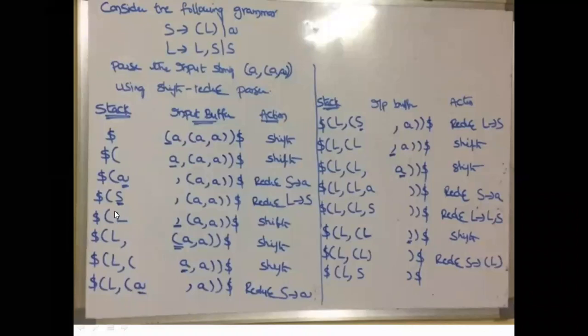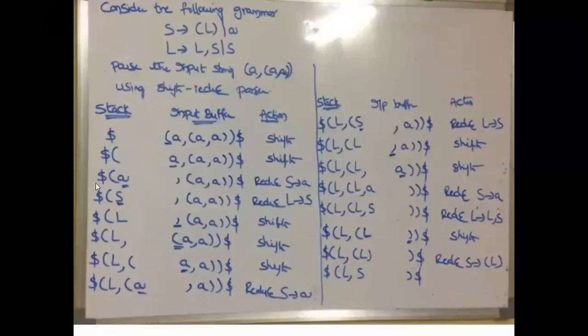We are considering the substring as L, and is there any production in the right hand side with non-terminal capital L? There is no production in the right hand side with capital L. Now we consider open brace and L as a substring. The substring is also known as the handle. So for open brace L, is there any production in the right hand side? There is no production in the right hand side.